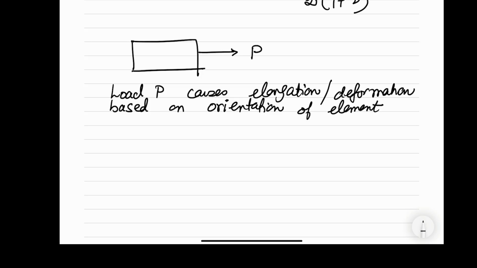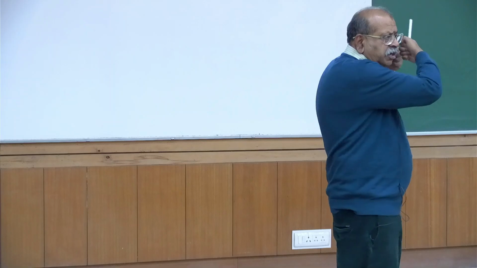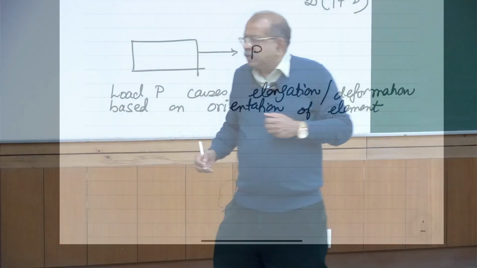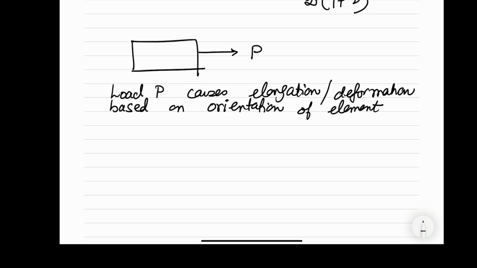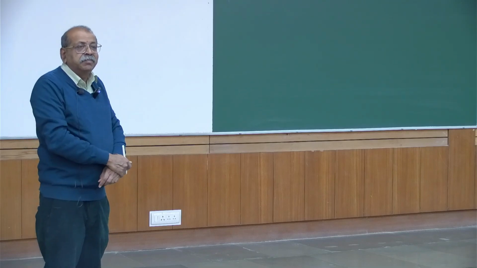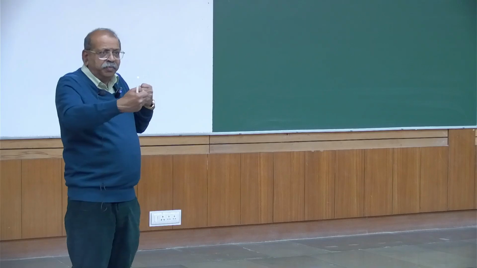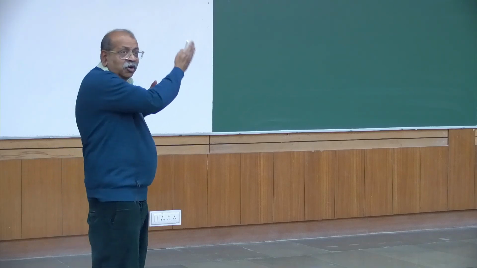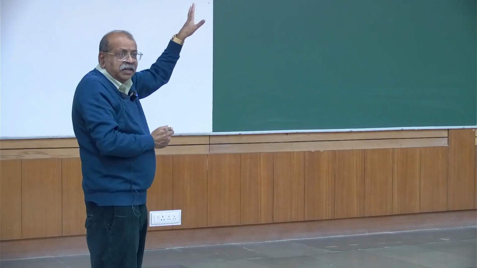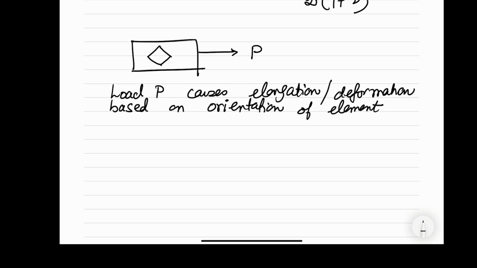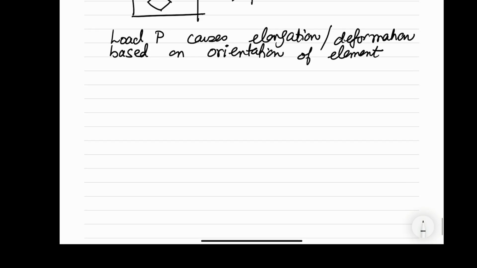See, if I look at the right face, what is this P doing? It is just causing an elongation. But suppose I look at this diamond shaped element inside, what is P doing to this diamond shaped element? It will deform its shape. So the same load P, while it causes elongation on one face, if I rotate the element, it causes a deformation. So that means what we have is